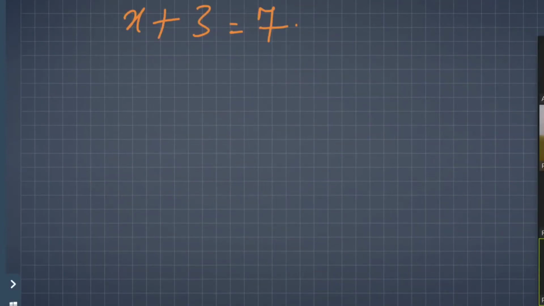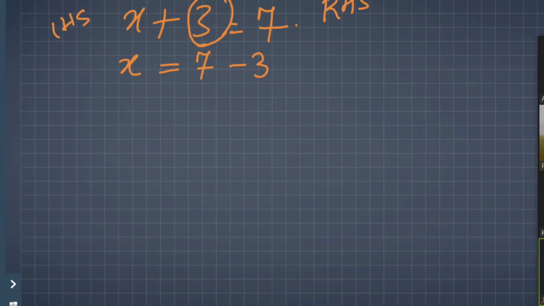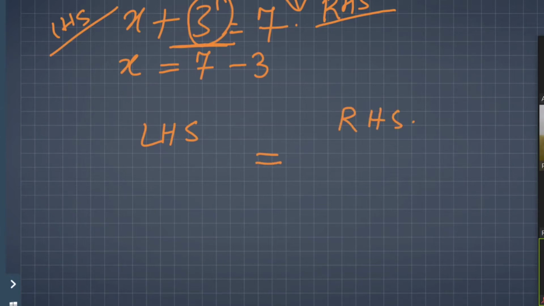So when you see this type of equation, where you have been given x + 3 = 7, you need to do it like this: x = 7 - 3. How 7 - 3? Because over here 3 has been added on the left side. If this is your LHS and this is the RHS, 3 is being added in the LHS, so you take it to the RHS, where it will be subtracted. So if something is added on the LHS and goes to the RHS, it will be subtracted.